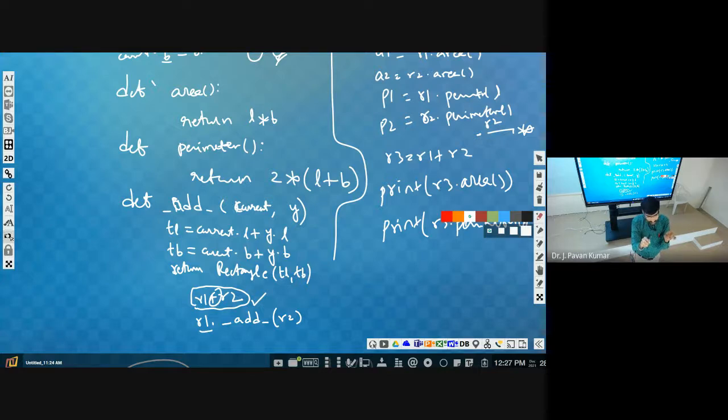For that you cannot directly use R1 greater than R2. Try to understand. Can we use R1 is greater than R2? What does it mean? We are trying to compare two objects. Is greater than defined for these rectangular objects? No. So we cannot do R1 greater than R2, R1 less than R2, R1 equal to R2.